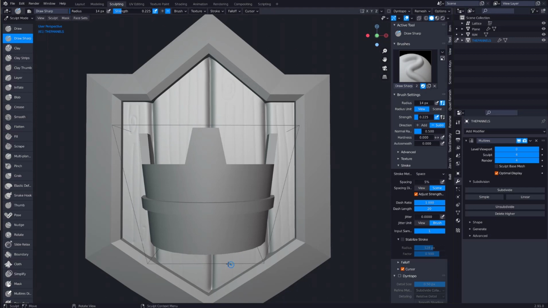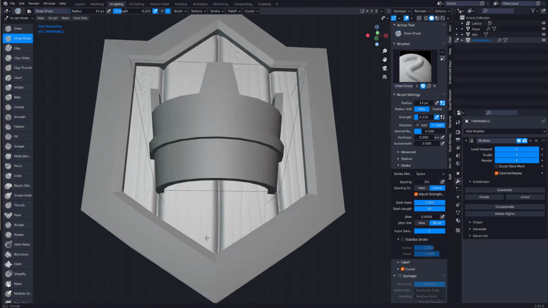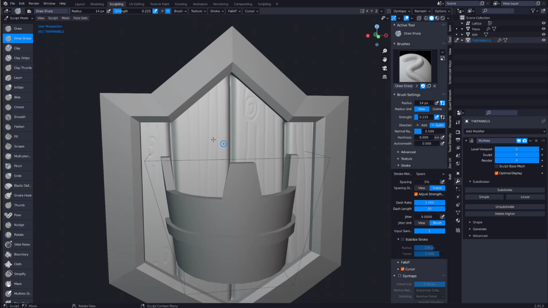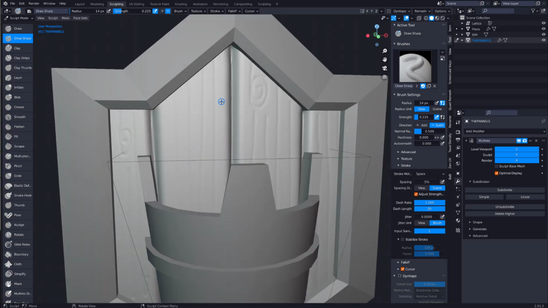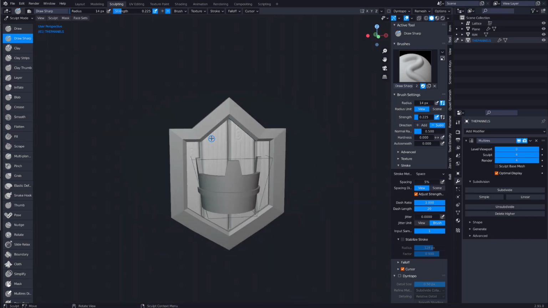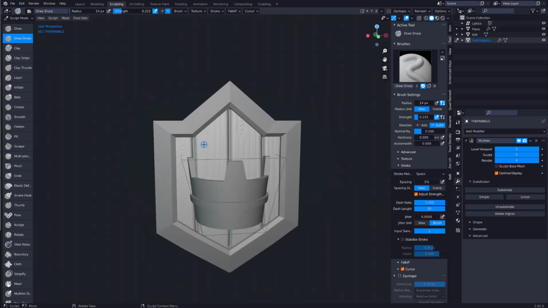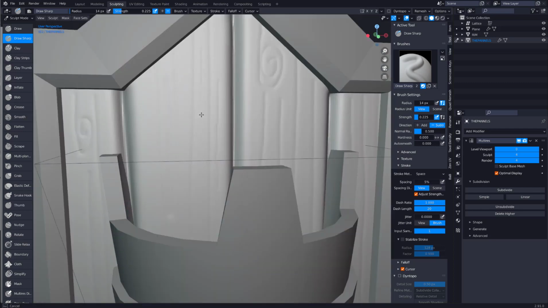Just going in, select scene. Scene will make your brush more consistent, how can I explain it? So let me show you an example. If we go to scene, the brush size will stay consistent. If we go to view, the brush size will be dependent on the view. So if I come here, and now if I zoom in,